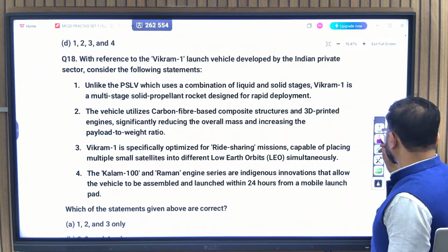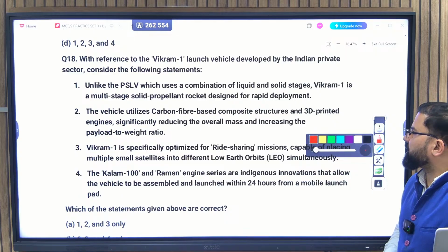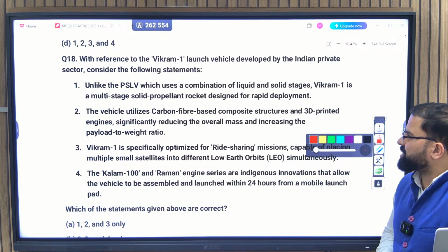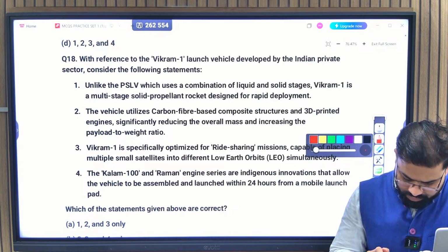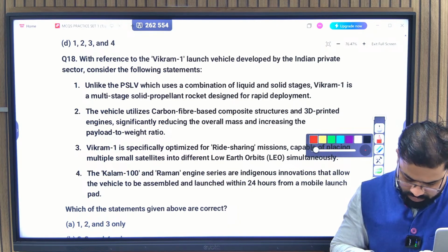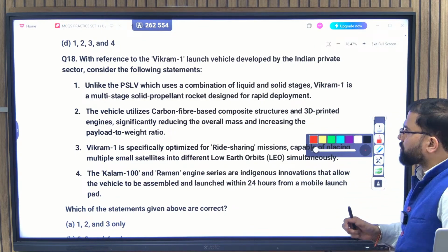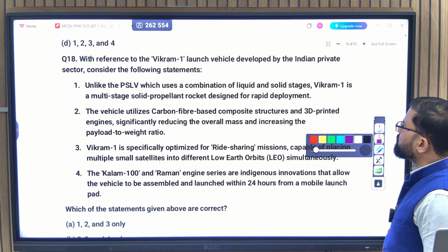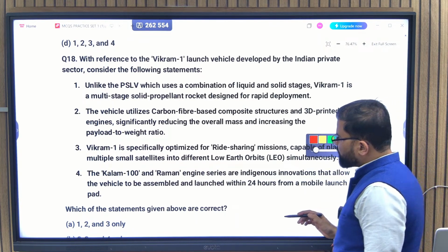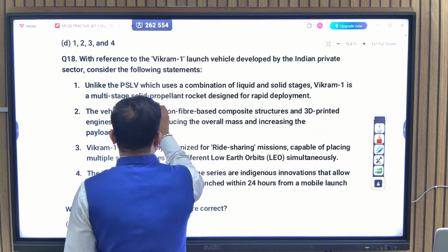Question number 18. With reference to the Bikram 1 launch vehicle developed by the Indian private sector, consider the following statements. Solve it. Question number 18, solve it. With reference to the Bikram 1, okay, first: unlike PSLV, which uses a combination of liquid and solid stages, Bikram 1 is a multi-stage solid propellant rocket designed for what? Rapid